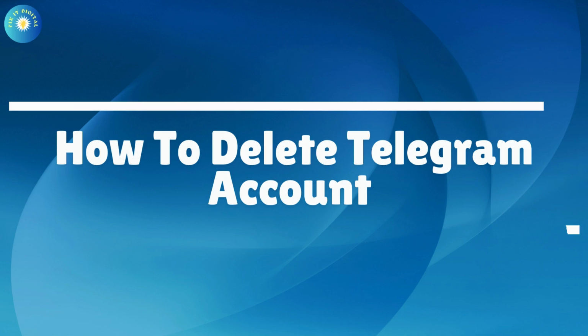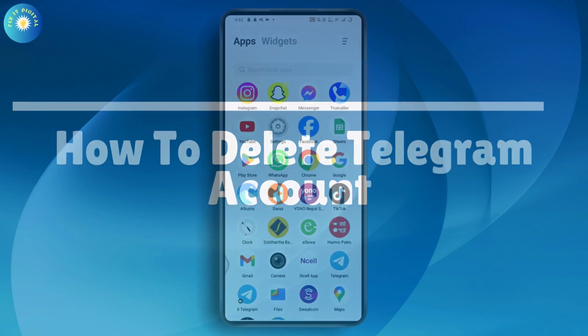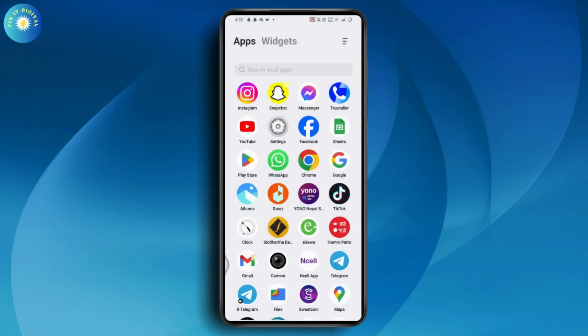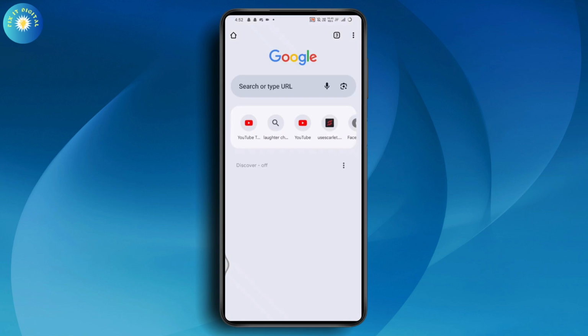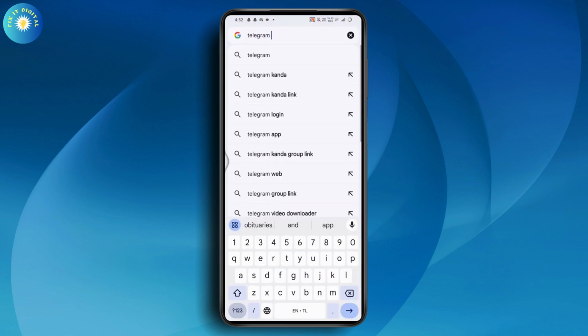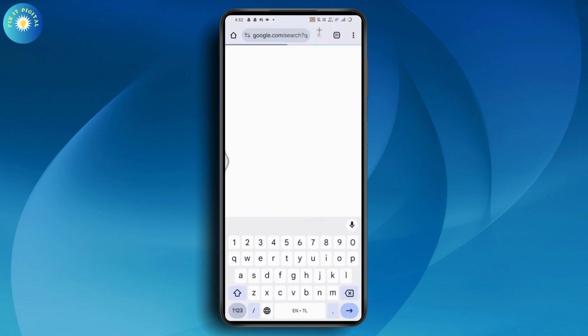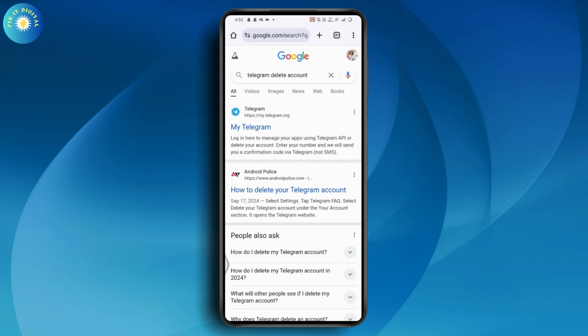To delete a Telegram account, you can't delete your account in your application. In order to delete your account, what you need to do is just go with your browser or Google, anything that you're comfortable with, and search for Telegram delete account. Once you've searched, now you just need to simply go with